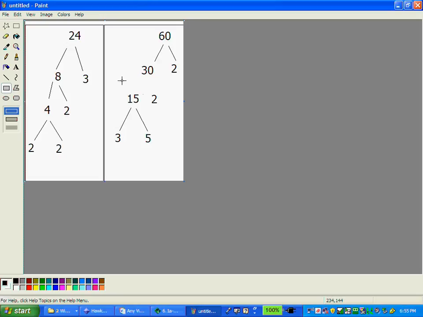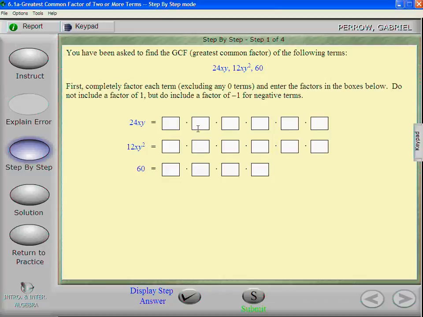30, oh, I lost my lines there. 30 becomes 15 and 2. 15 becomes 3 and 5. So 3 times 5 times 2 times 2. Prime factorization of 60. So if we go back to the problem, if you do the step-by-step the way the